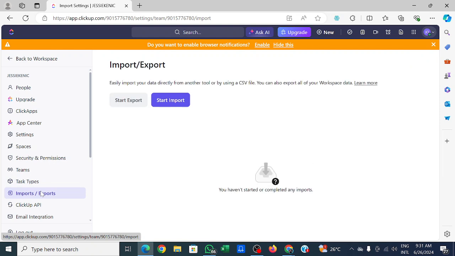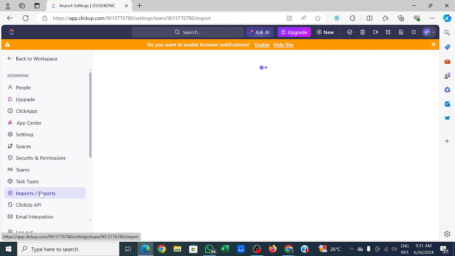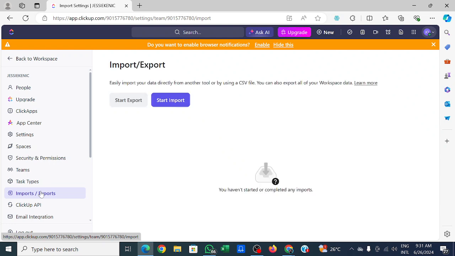Okay, let me explain this. You know the meaning of import. Import means when you are trying to upload something. Export means when you are trying to download something. Okay, now I want to start with import. Let's assume